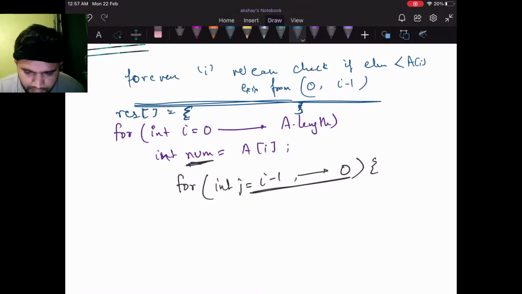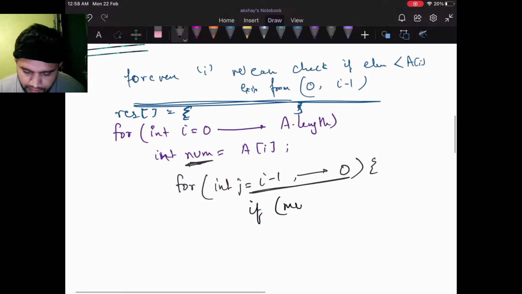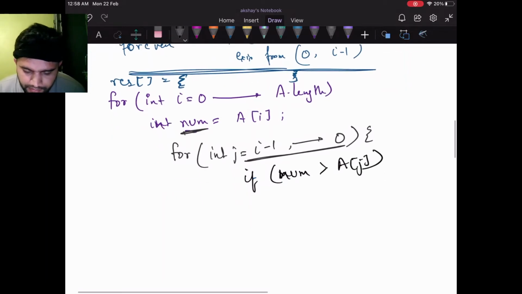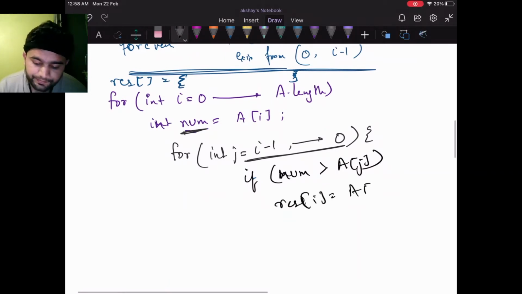Now for each result I, we need to check a condition here: if num is greater than Aj, we can directly consider result I to be Aj, and we can break this loop.